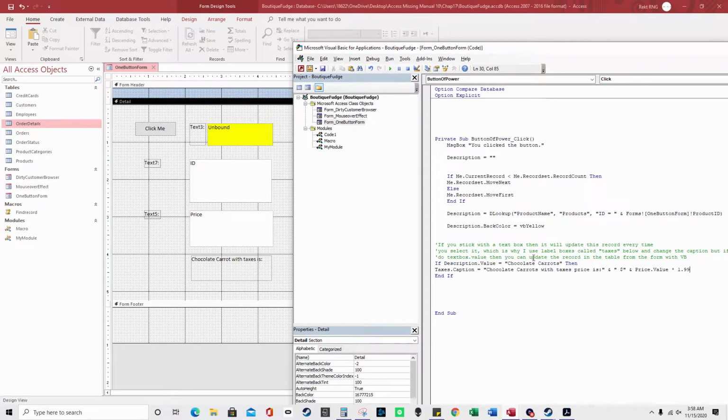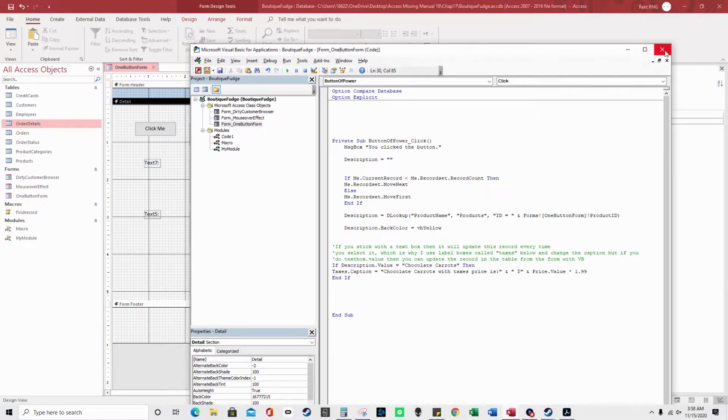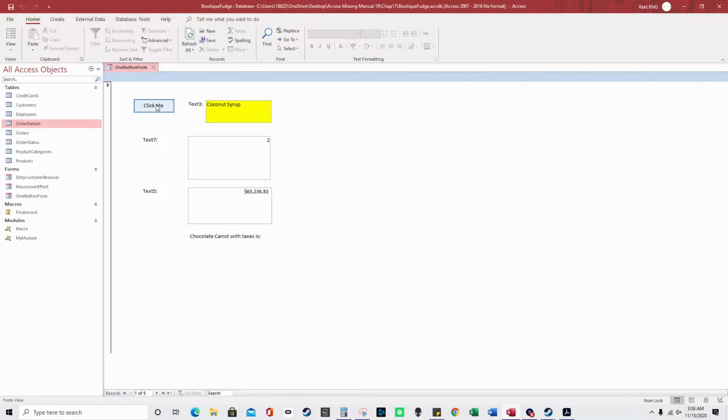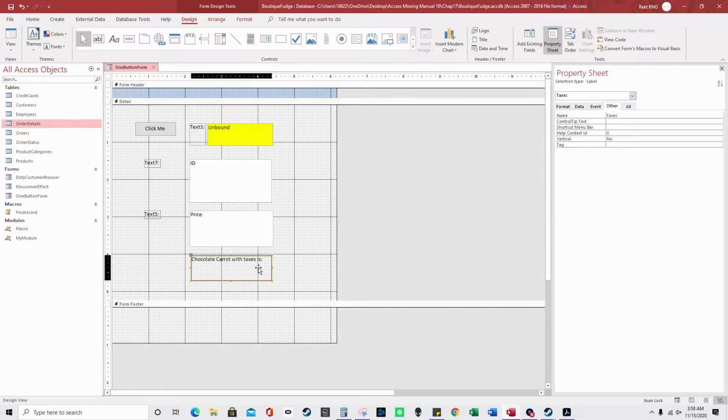So that's a way you can show a different price for the actual price and add it into a caption. So let me go to here. So what was the design view,